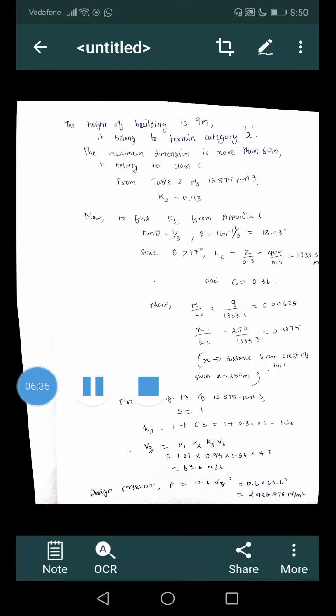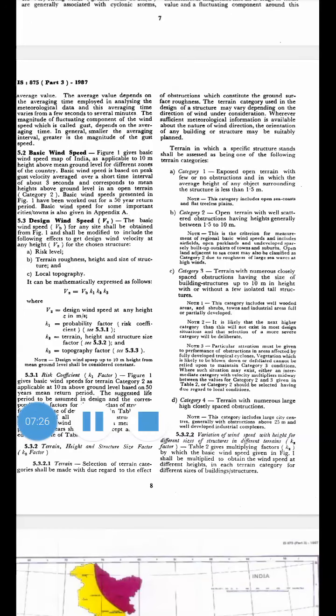And when the maximum dimension is more than 60 meters, from the maximum dimension, that is length, breadth and height, out of these three, the maximum value determines the class of the building. So if you know the terrain and class, from Table 2 you will get the value of K2. Terrain category, actually, it is given as open terrain with well scattered obstructions having heights generally between 1.5 to